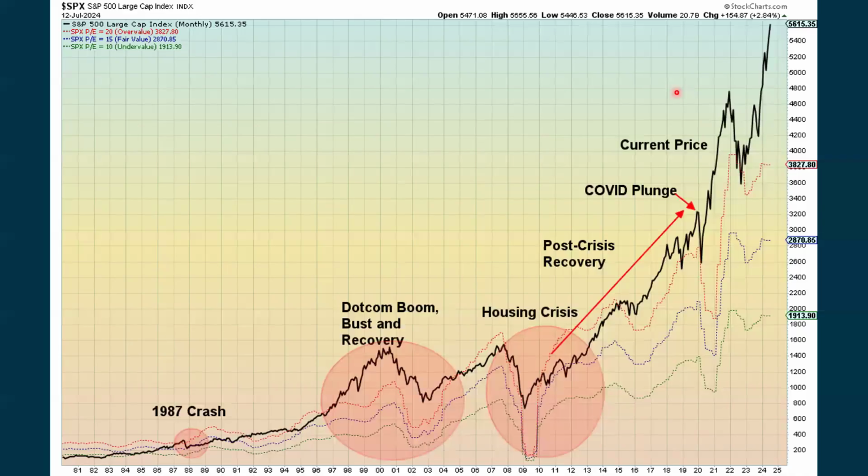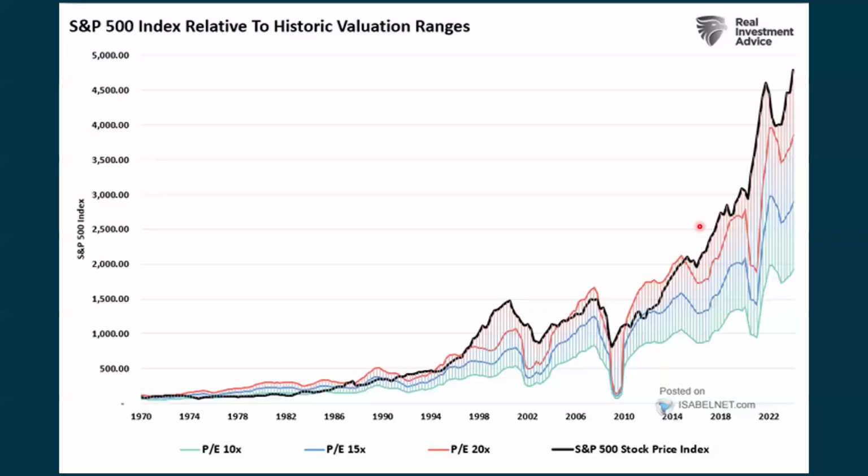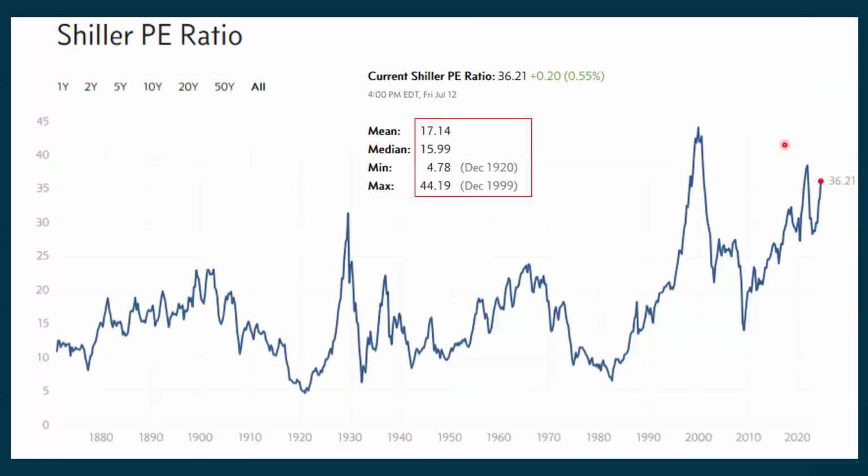This also looks at the different valuations and then events that have occurred going back to 1980. This is put out by Real Investment Advice. I actually showed this same chart a week ago, but these things don't change all that fast. This is just showing also what I just kind of showed in this previous chart, and it's confirmed by this chart where we are well above historical valuations.